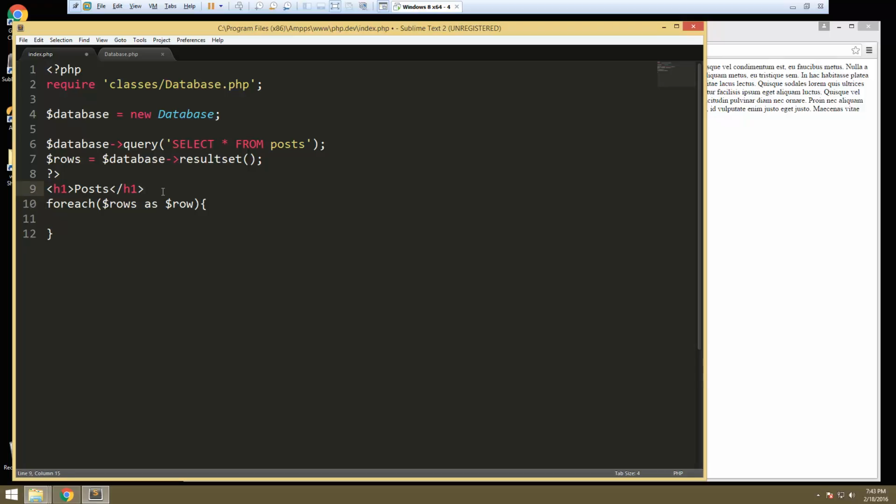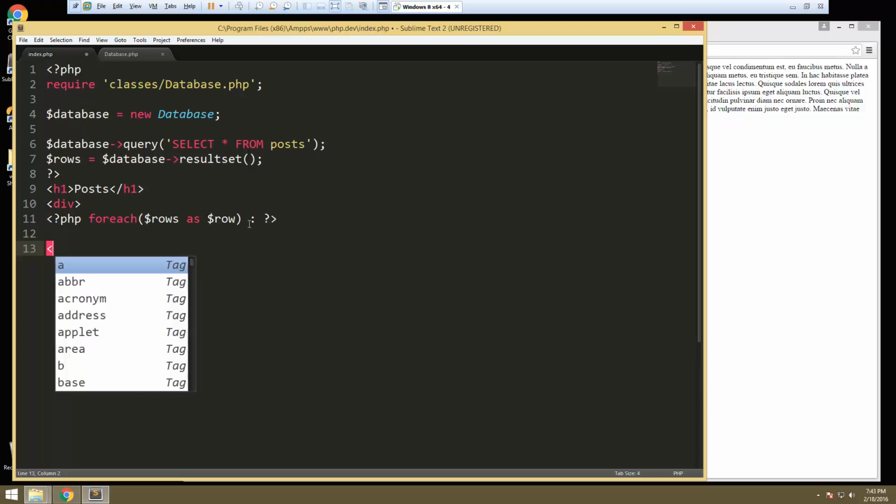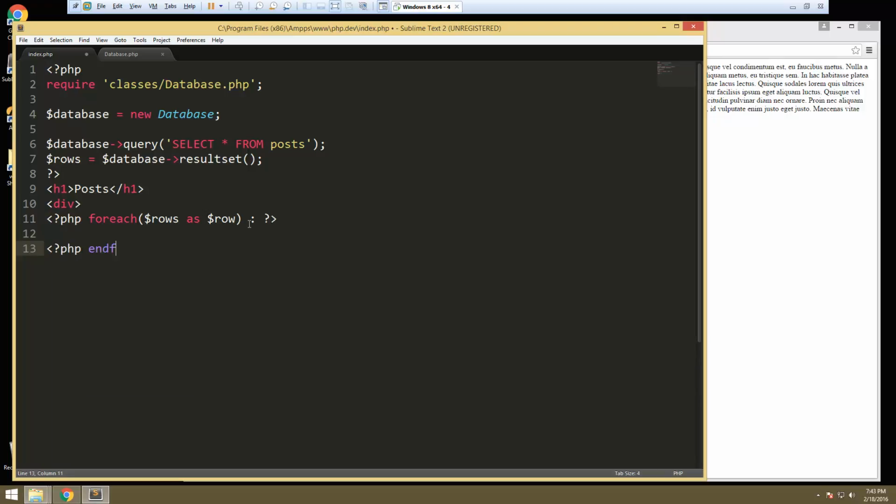Let's say UL, I guess we could do. Actually, no, we'll just do a div. And then what I'm going to do is use the shorthand syntax here. So we can use just blocks of PHP. So foreach, and then we'll just use a colon here, and then we'll end the PHP. And then down here, we'll say endforeach. Okay, and then in between here,